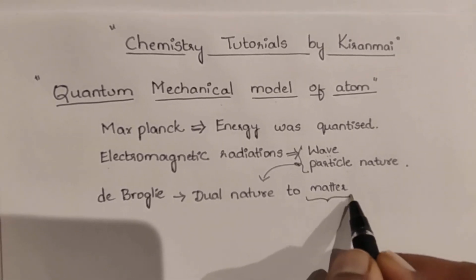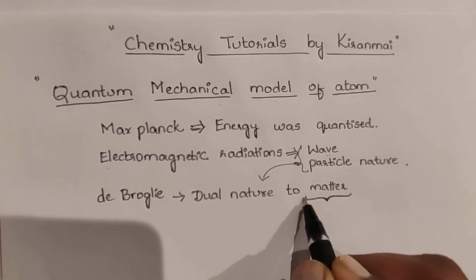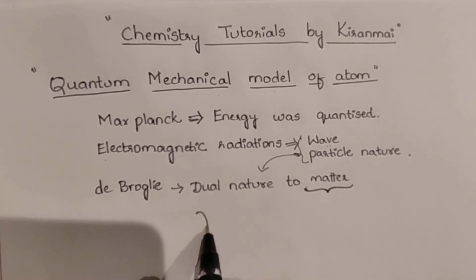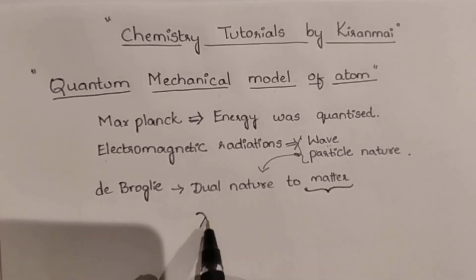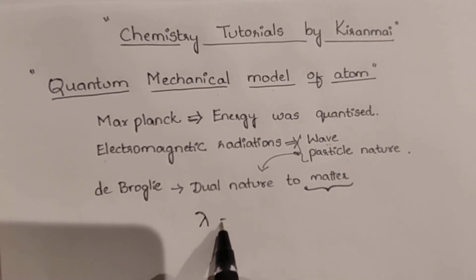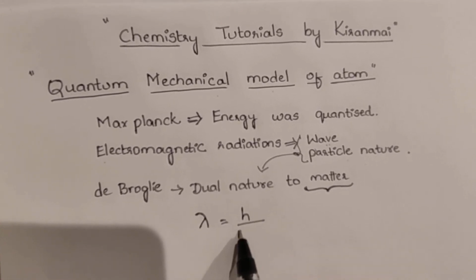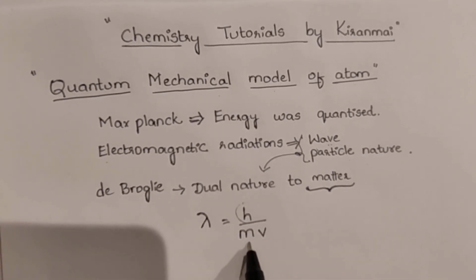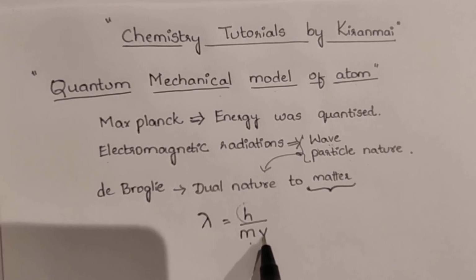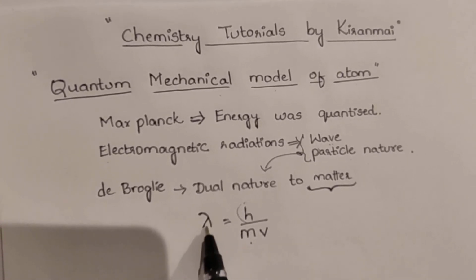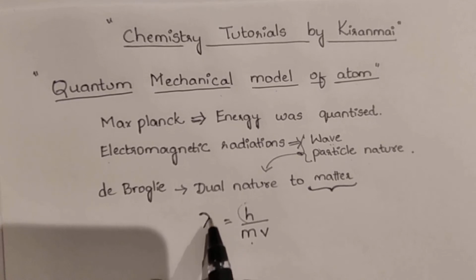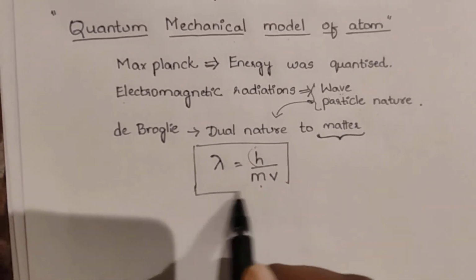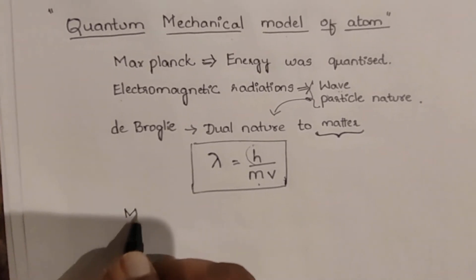So when he said the matter will behave as a wave, he also gave a mathematical equation to calculate the wavelength of matter. That is, the wavelength lambda is equal to h by mv. Here h is Planck's constant, m is the mass of an object, v is its velocity, and wavelength is given by the symbol lambda. So according to this formula, we can see that for macroscopic particles,